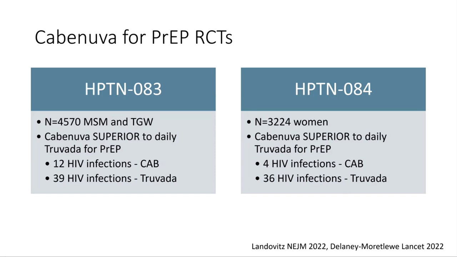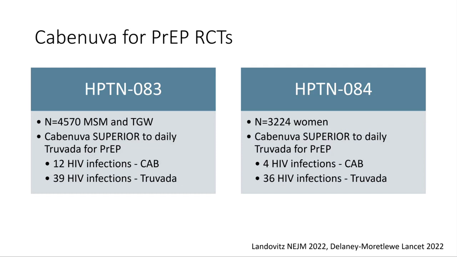So again, I don't want to steal the thunder from the PrEP talk, but these were the two clinical trials from the HIV Prevention Trials Network, HPTN 083 and 084. They did not have any sort of catchy acronym, so they're just called that. The first one was in MSM and transgender women. The second one was just in cisgender women in Africa. And both showed that Cabenuva was superior to Truvada for PrEP, with a significantly lower number of infections